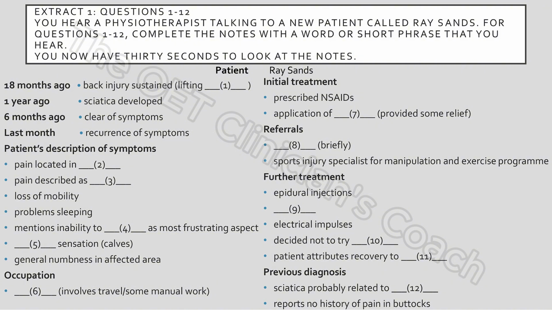I see. And your physician said it was sciatica? Yeah, I had this pain all the way down my right leg. And she said the real problem was in my back because the sciatic nerve was getting trapped. I mean, I'm telling you, this was no ordinary pain. It was really intense. I mean, to the extent that I couldn't stand for very long. Couldn't walk hardly any distance. I couldn't sleep. The most frustrating bit for me was that I couldn't even turn over in bed. It just hurt so much. I just couldn't get comfortable. You know what I mean?